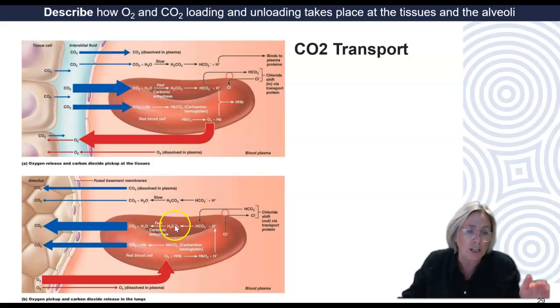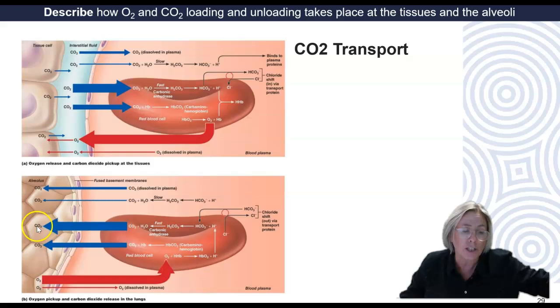So then you're going to get more dissociation of that carbonic acid into carbon dioxide and water. And this is fast because of the involvement of this carbonic anhydrase again. And that carbon dioxide then is going to diffuse into the air in the alveoli and be exhaled. Also, we've got that